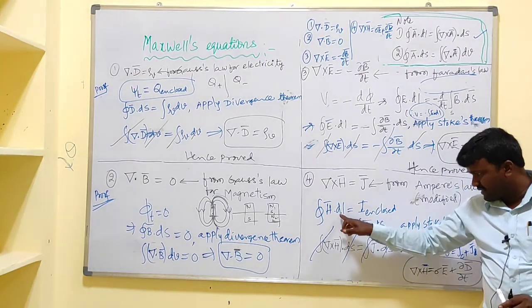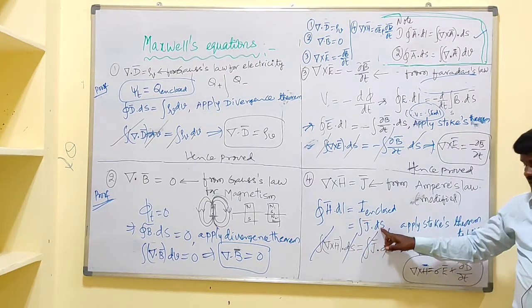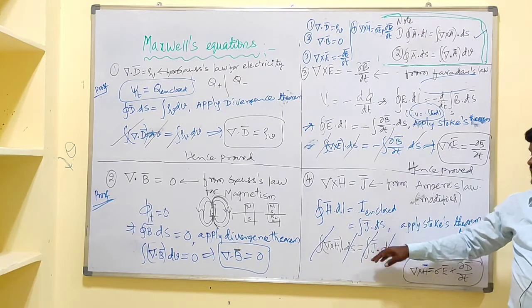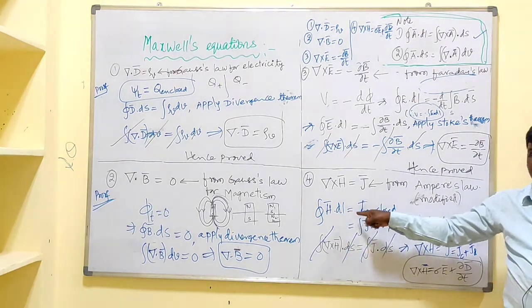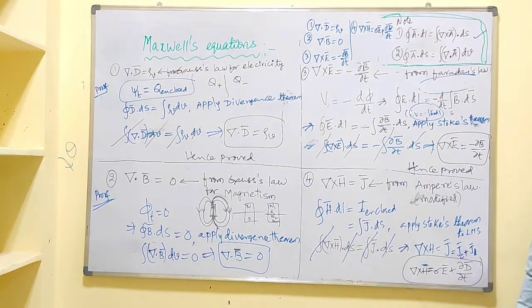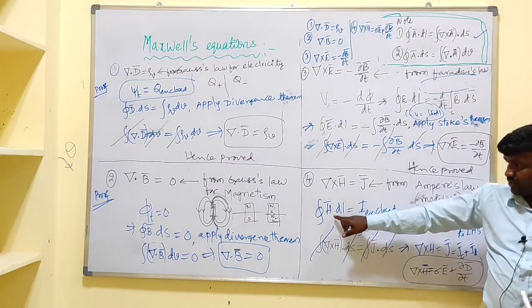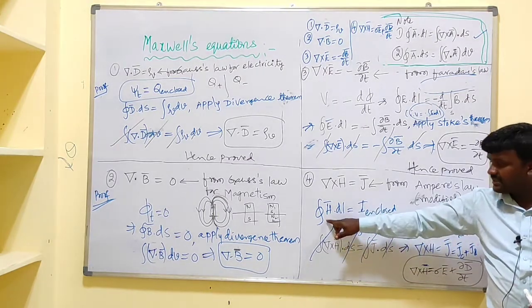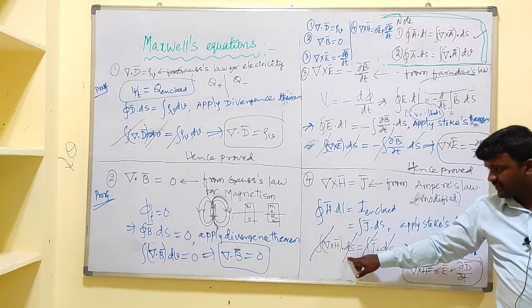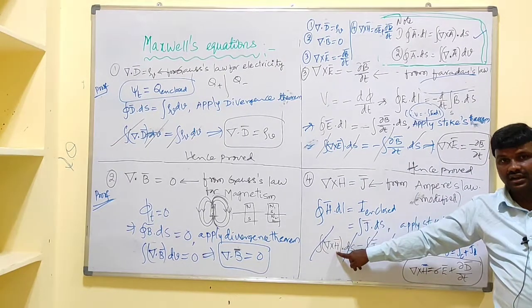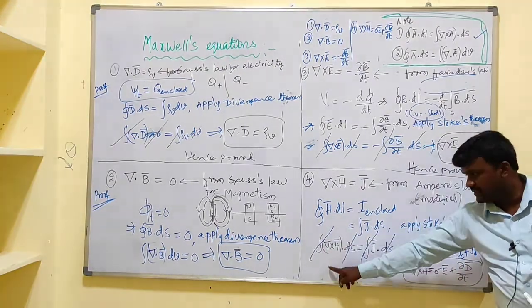And after simplification, here I have closed line integral, here surface. Closed line defines what? Surface. Means what? We need to convert that closed line integral into surface integral by applying what? Stokes theorem. Let us apply Stokes theorem to LHS. For this one, closed line integral becomes surface integral, and vector becomes what? Curl of that vector. So like this.